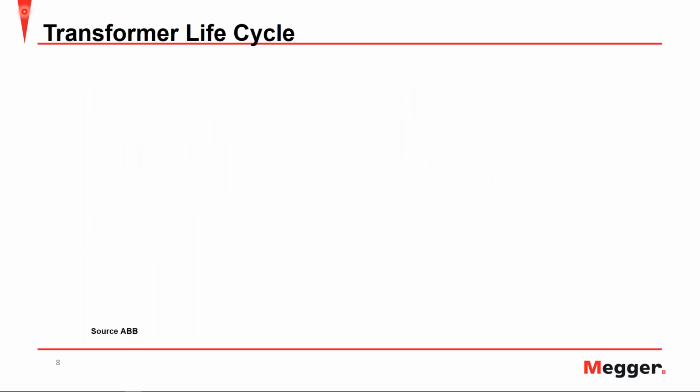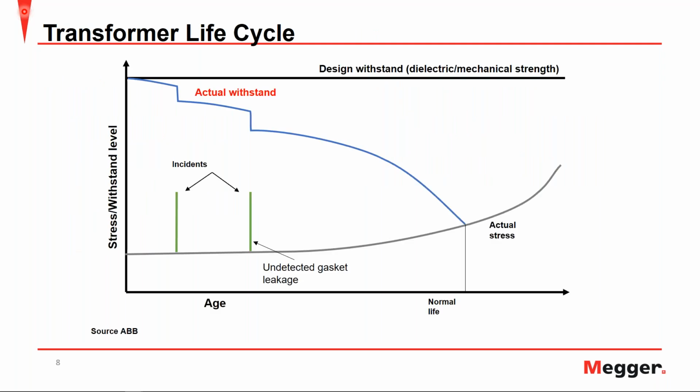Before we jump into power factor itself, let's take a look at a transformer's life cycle, where on the x-axis we have the transformer's age, and on the y-axis we have the stress and withstand level. At the top, you'll see the black bar here that indicates the design withstand of the transformer, and in blue you have the actual withstand here. That shows a decay with the actual stresses shown in gray, as well as the incidences that cause these abrupt decays within the withstand. You can see that the normal end of the life of the transformer is here, but